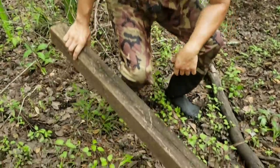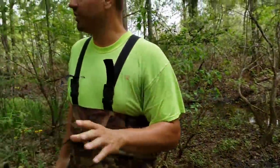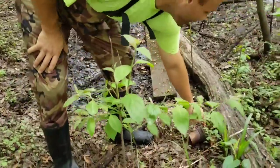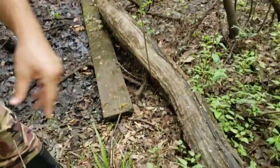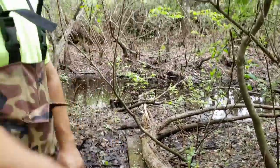We're further down the creek. Look at this. We've never ever explored this part of our property. We don't know what's back here. What we do know, oh, there's another piece of plank wood. Yeah. What we do know is the blood curdling